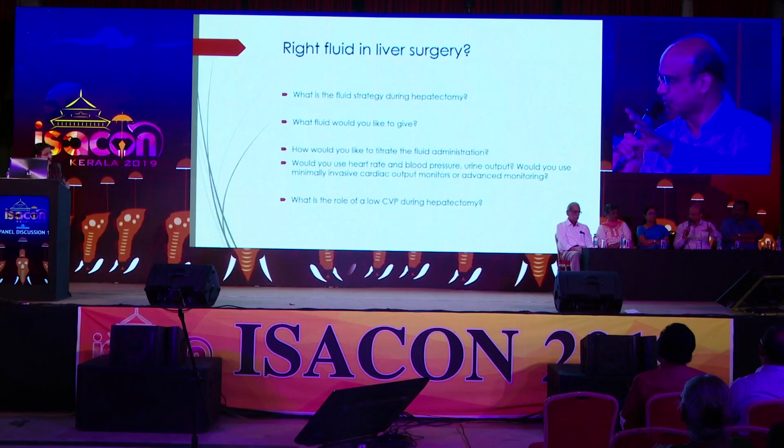So which part of the lobe of the liver is involved? It's the entire left lobe. The left system is obstructed with a cholangiocarcinoma. Fine. So if you talk about the fluid strategy during hepatectomy, what we need to remember is that it's a very highly vascular structure, and the sinusoidal pressures would be high, and we need to control the bleeding.